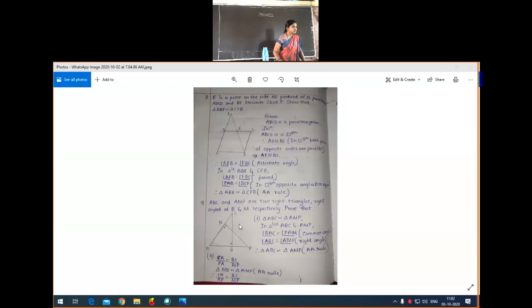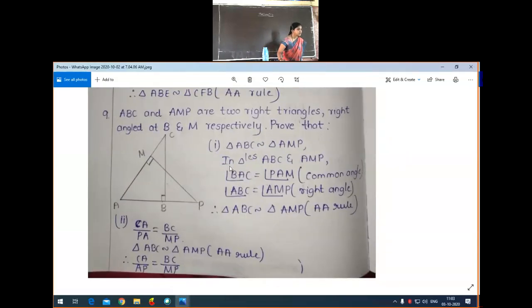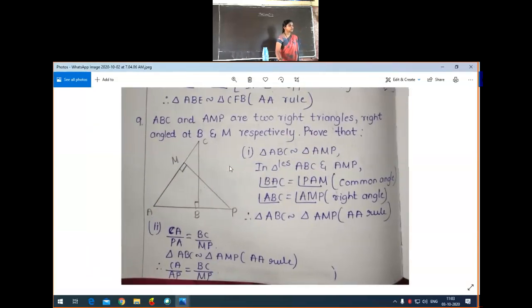So now we have to discuss problems 9, 10, 11, 12, 13, 14, 15, 16. Yes, we'll start with the 9th question. See here you have the 9th problem. If it is not visible, you can open your textbook for the question. Sit with one rough notebook and pen. Whatever doubts you have, note them. After the class, you can ask the doubts.